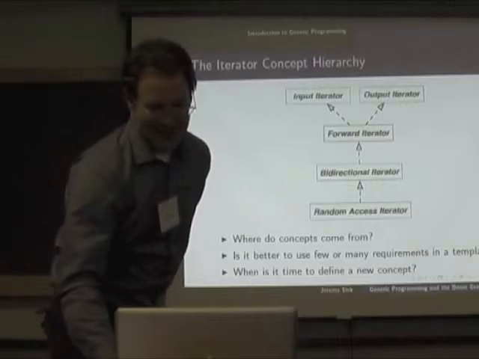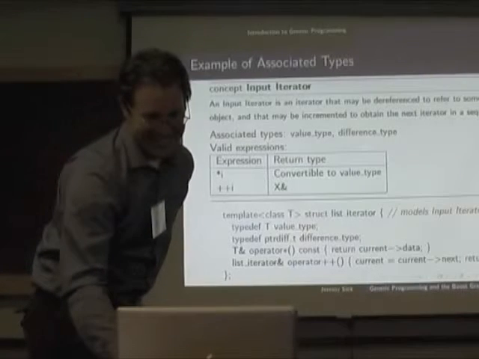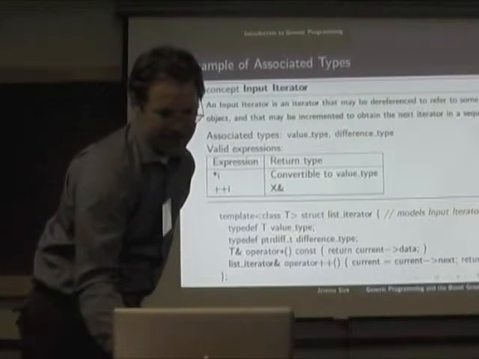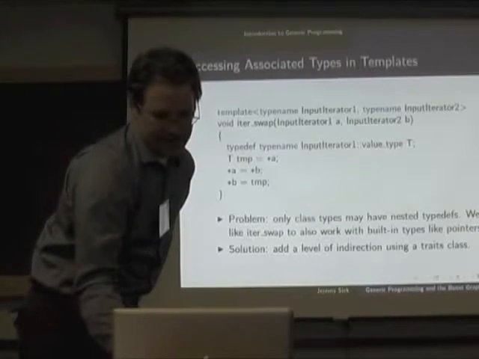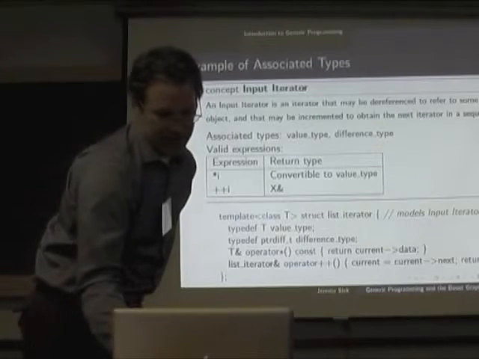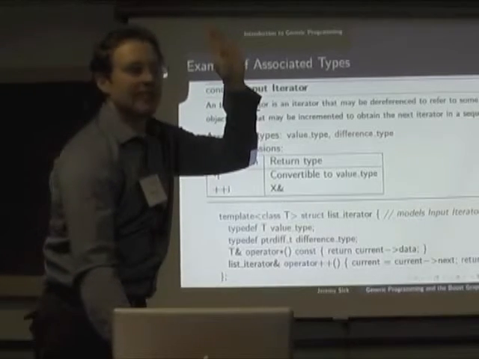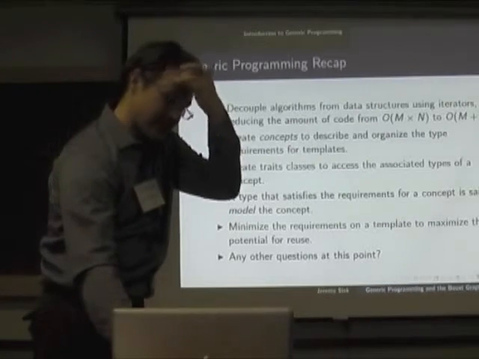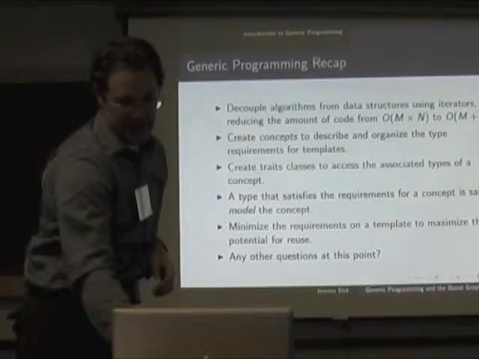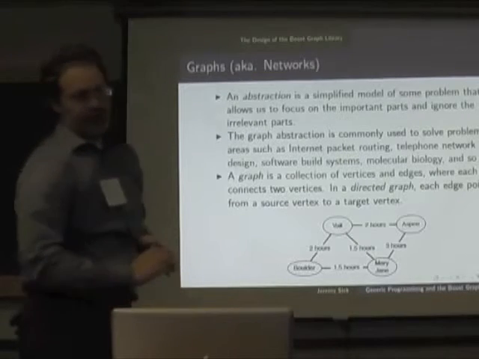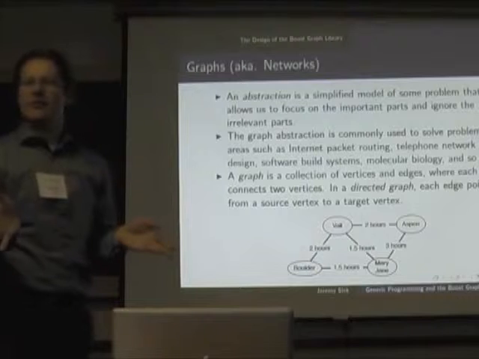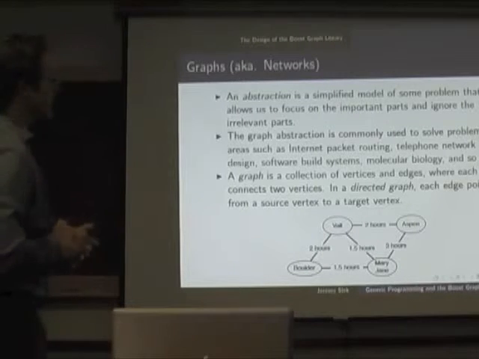You really want to get to the graph stuff. Yeah. I'm sorry. We're two-thirds of the way through? Okay. Associated types. How many people know about traits? Good, okay, let's skip that. So this is the end of the generic programming recap. Maybe I'll just go ahead and dive into the graphs at this point. And maybe we can go a little bit late too, since we had the whole switch over. We have a two-hour lunch break, so maybe going a little late would be fine.